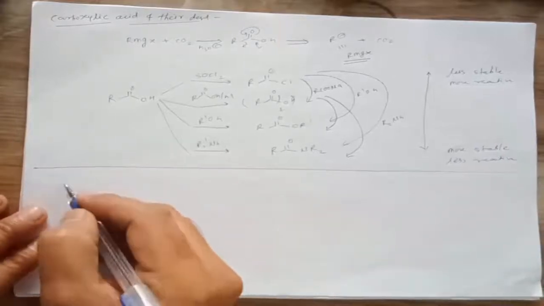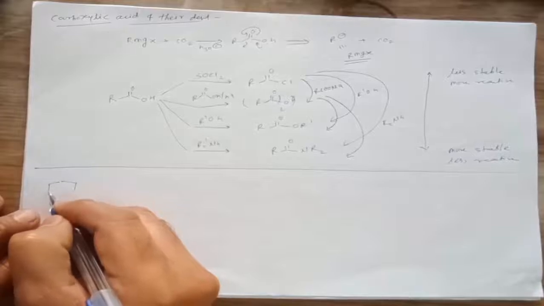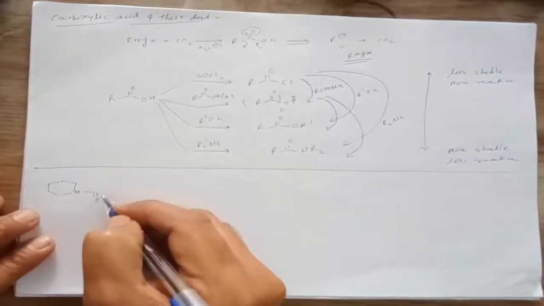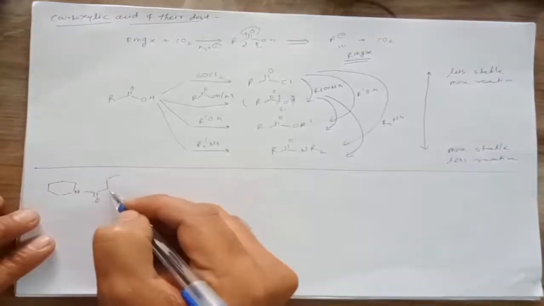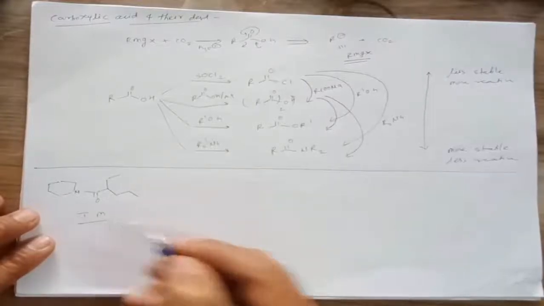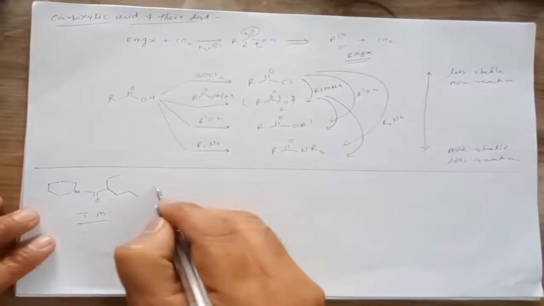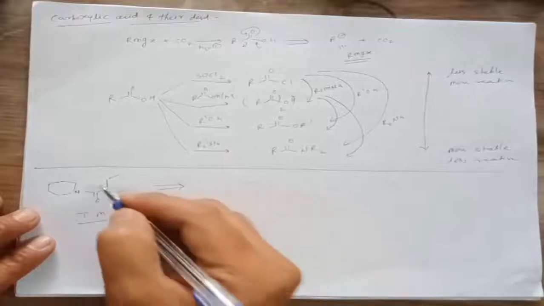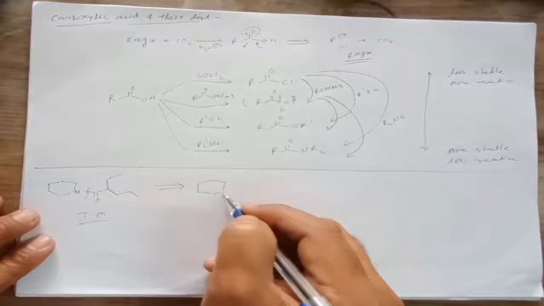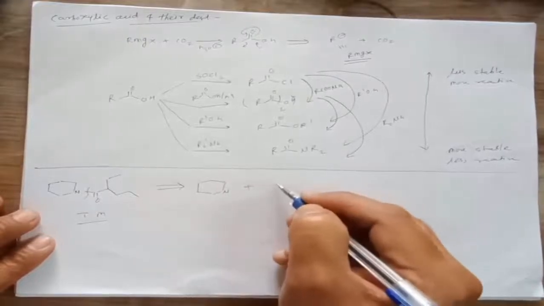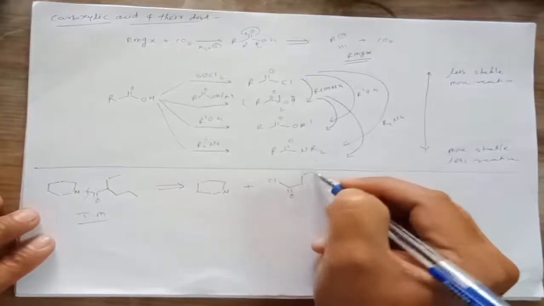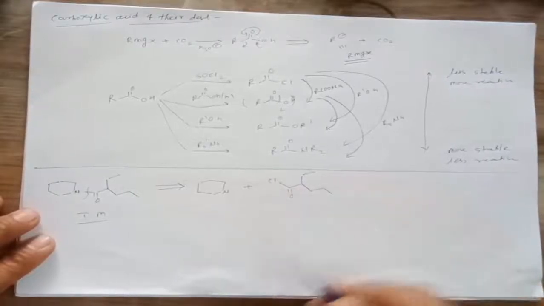Let us say a target molecule contains an acid derivative. If you take such an amide, it can easily be broken, giving an amine as well as an acid. That means we can break the molecule at this position and it gives piperidine, along with, suppose we take acyl chloride, a synthetic equivalent in this case.